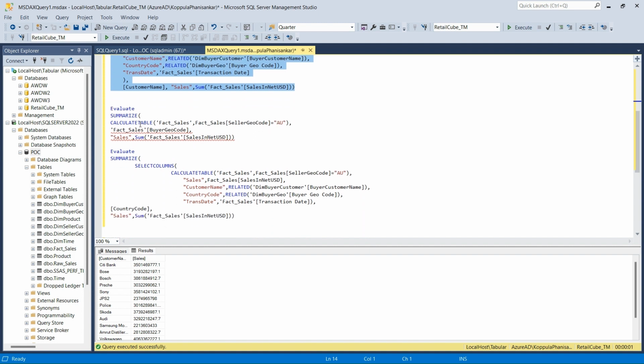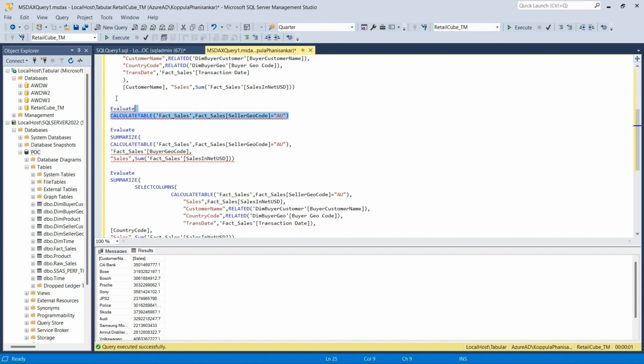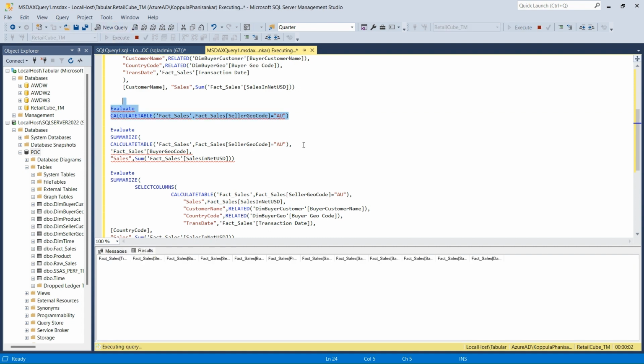So this time, what I did, I used the CALCULATETABLE. First I filter out the data from the fact sales where my seller geo code is Australia. Let me show you that. Evaluate, CALCULATETABLE. If I execute this, I'll get the records from the fact sales where the seller geo